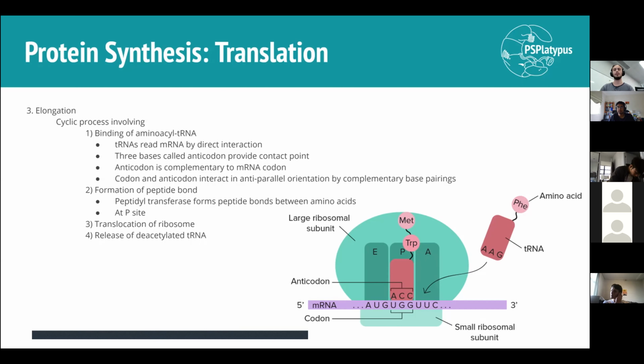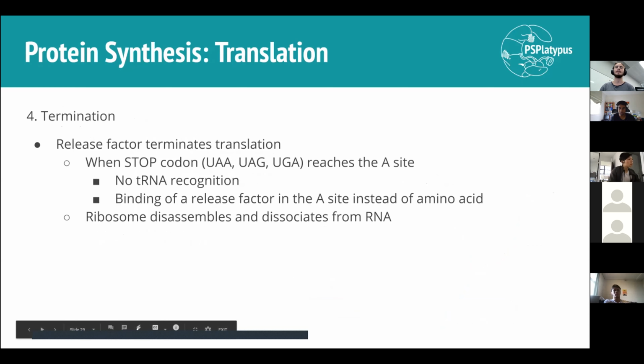The ribosome moves along a bit more, and that's when you get to the exit site. So A for aminoacyl, that's where it starts to bind and read. P for peptidyl, where it's actually creating the peptide bond between the amino acids, and E for exit, so where it's leaving the ribosome, because the tRNA will have dropped off the amino acid and will have to go away to get recharged, as I was saying in the first step back a while ago, the charging of amino acids onto tRNAs. And then, yeah, you have the release of the tRNA without its amino acid. And that cycle repeats and repeats and repeats for every single